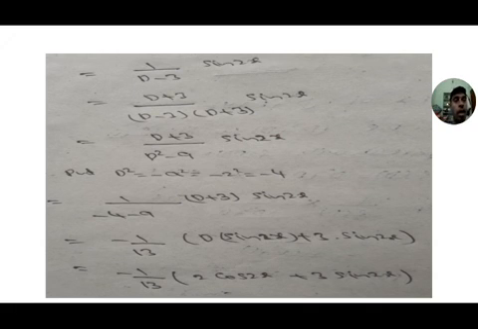Up to now we discussed the particular integral of f(D)y = X, where X = sin ax or cos ax. In this method, in the D² term, we have to substitute -a². If the denominator is not equal to 0, that is the answer. If the denominator is equal to 0, then use the formulas: 1 by (D² + a²) sin ax = -x by 2a cos ax, and 1 by (D² + a²) cos ax = x by 2a sin ax.